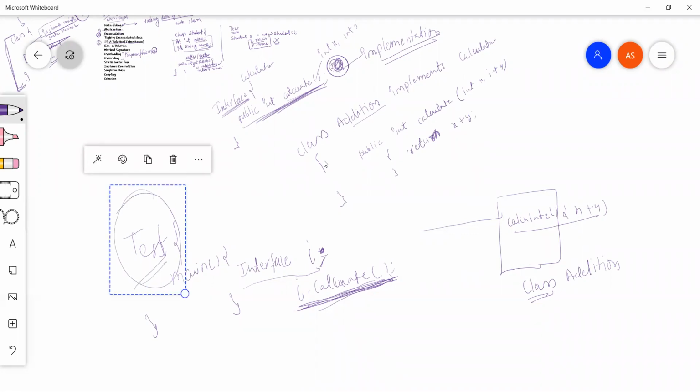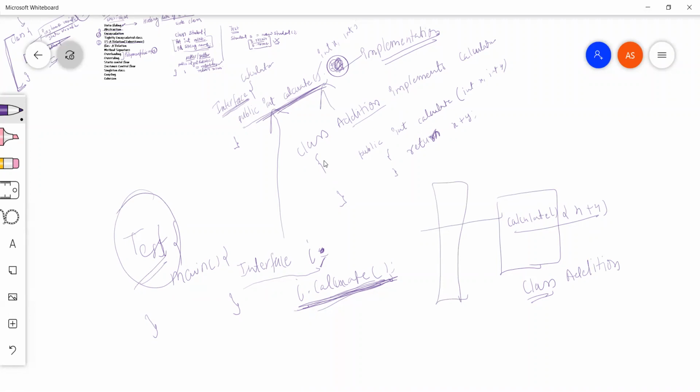This Test class knows only this interface, and this Addition class knows this interface. So basically what we are doing is adding a layer of abstraction here. Getting my point?